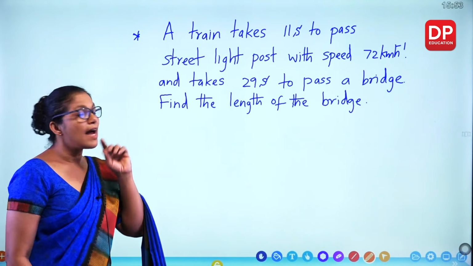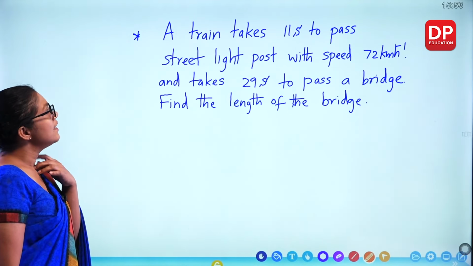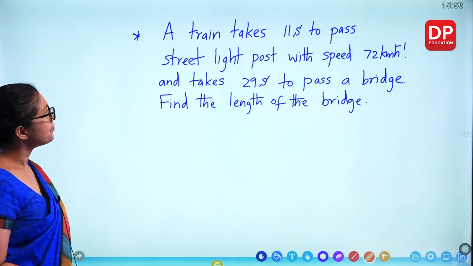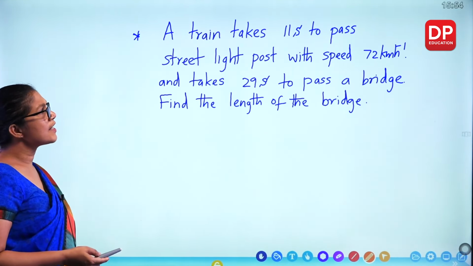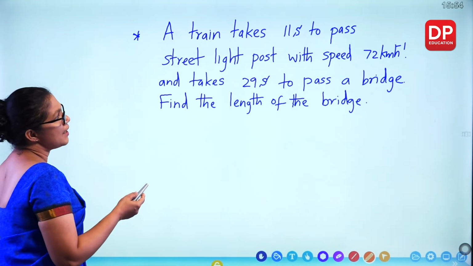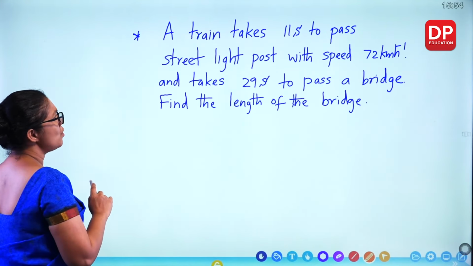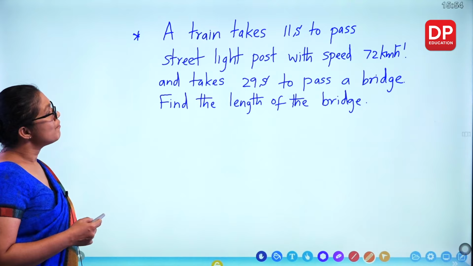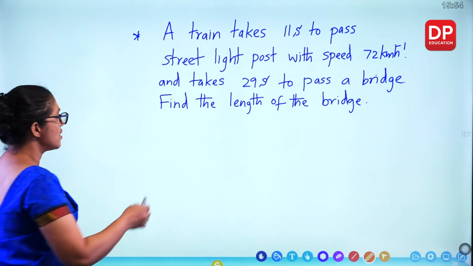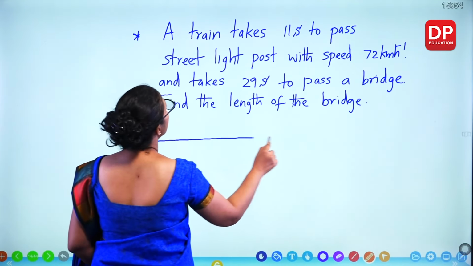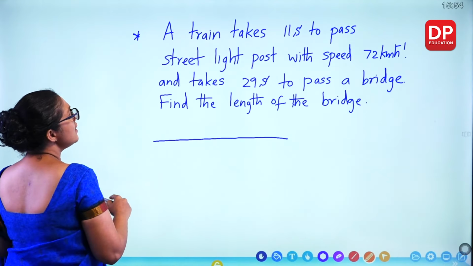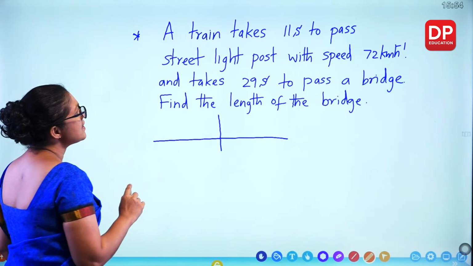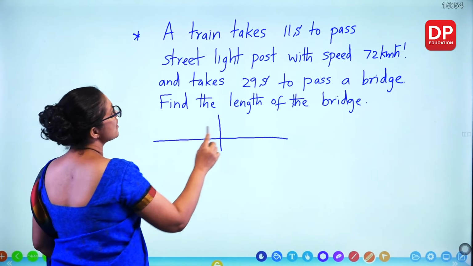Now we'll slightly change the question here and see whether we can do this one. A train takes 11 seconds to pass a street light post with speed 72 and takes 29 seconds to pass a bridge. Find the length of the bridge. Now what's given? If this is the light post,